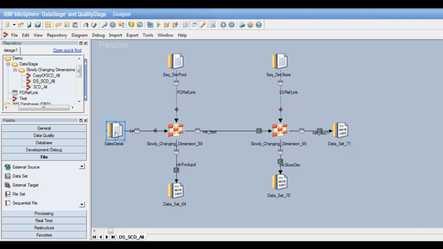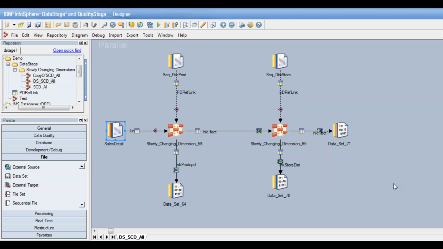Instead of having this, if we have multiple sources, we can design another job, the extract job, which will have all the joins on all the different source systems. We'll have a composite data set which can be used here. And then this is basically generating the fact record at the same time as the dimension records. And it is making sure that the fact records have the correct surrogate key values going into them.